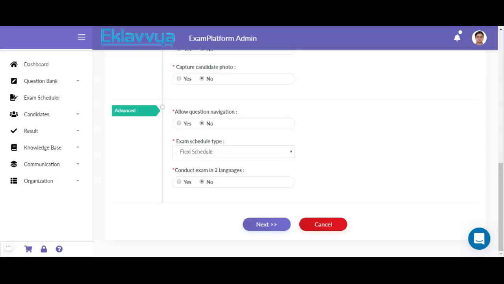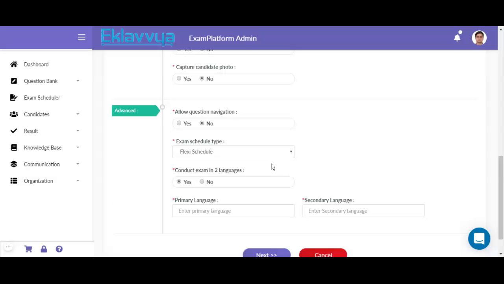Next key option is conduct exam in two languages. So if you have defined your question bank in multiple languages, say English as well as Hindi, and you would like to show questions to the respective candidates in two languages, and the candidate can select one of the language options from the set of available languages during the online exam attempt, then you can define this flag as yes.